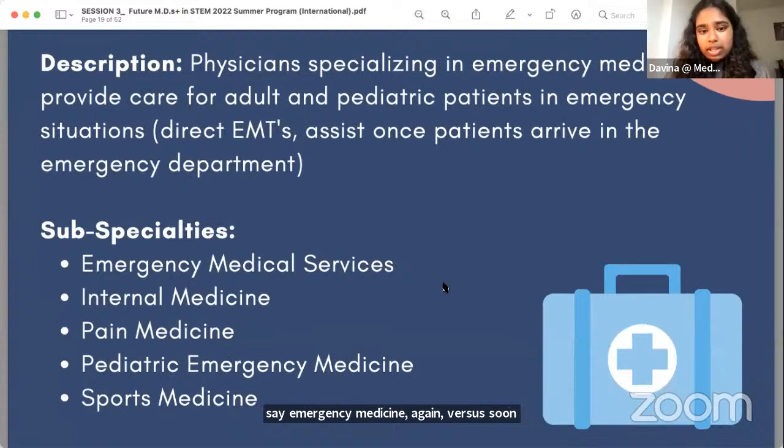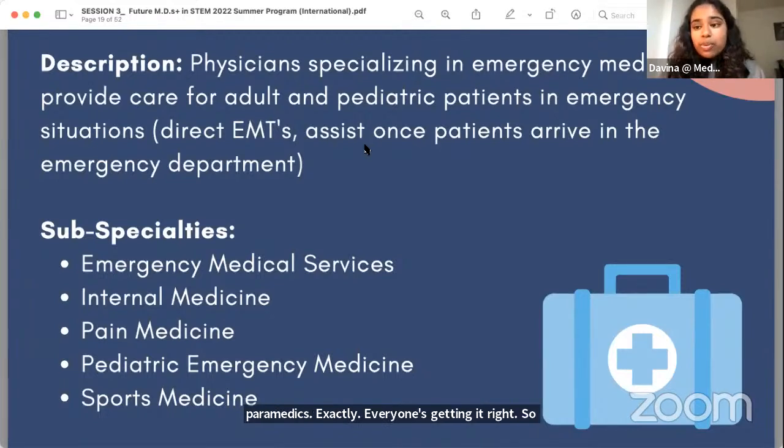Again, we're assisting patients in emergency situations once they arrive at our department. Let's say we're emergency medical doctors, are we the ones performing the first primary analysis of the patients? Are we the ones that are arriving first on the scene? No, exactly. Everyone's saying no. Do you know who might be performing that first analysis, or a team, or just who might be doing it first if we're not doing it? Exactly. EMTs, first responders, emergency nurses, paramedics. Exactly. Everyone's getting it right.